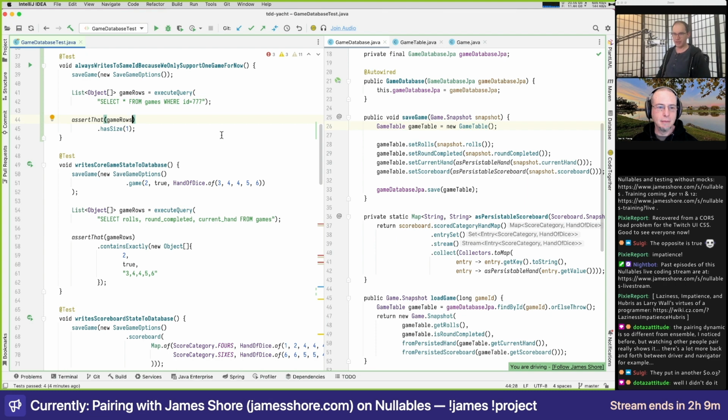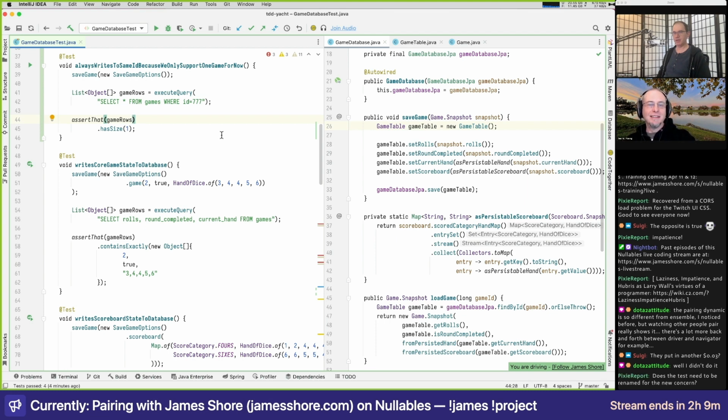Some interesting comments here in the chat. I have not done as much ensembling, teaming, mobbing as Ted has. But that's been my experience too, that a good pair, it's taken us a little while. We'd never paired before doing these streams. It's taken us a little while to settle into the groove. But a good pair is very dynamic, like switching off the keyboard, and two brains working together in a way that an ensemble has not been in my experience.